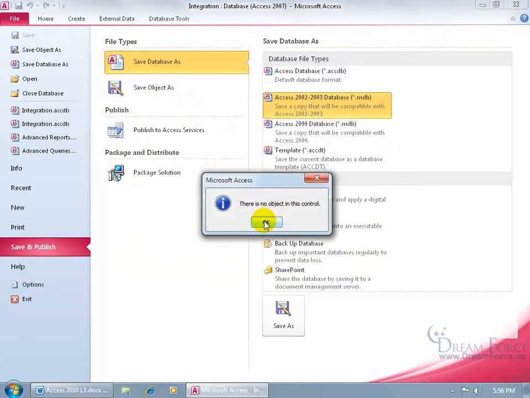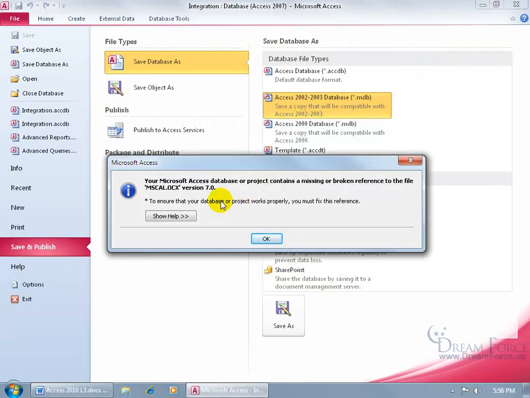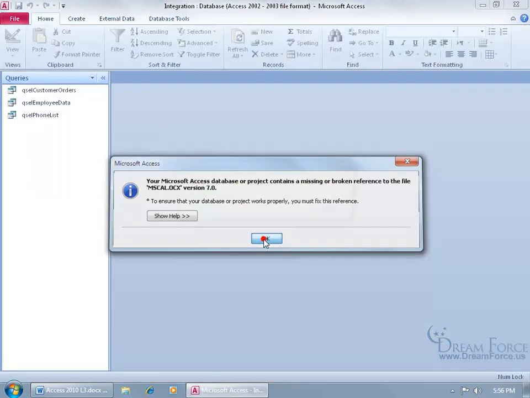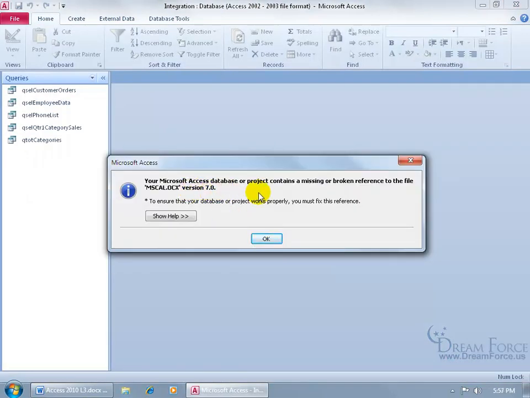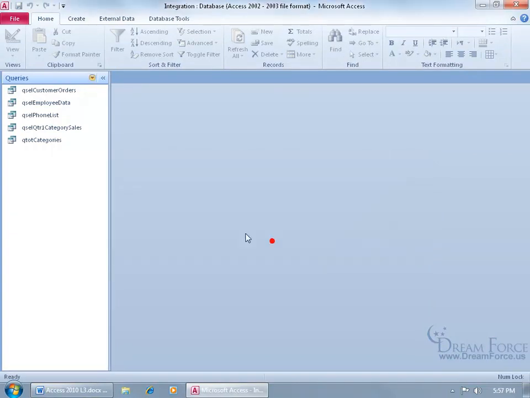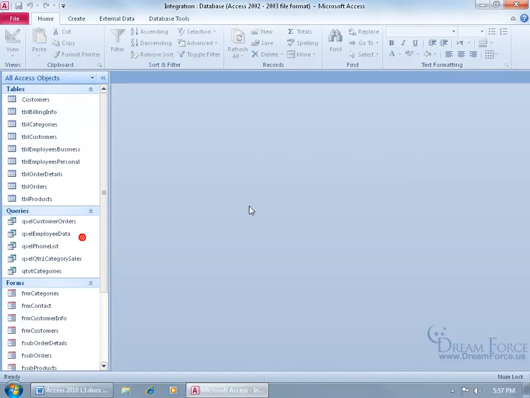There is no object in this control. Click OK. Your Microsoft Access database or project contains a missing or broken reference to the file. Like I said, I got a lot going on here. Let's click OK. We're still having issues. The database or project contains a missing or broken reference file. Click OK. And wow, let's click on the drop down arrow and say we want to see all objects, because